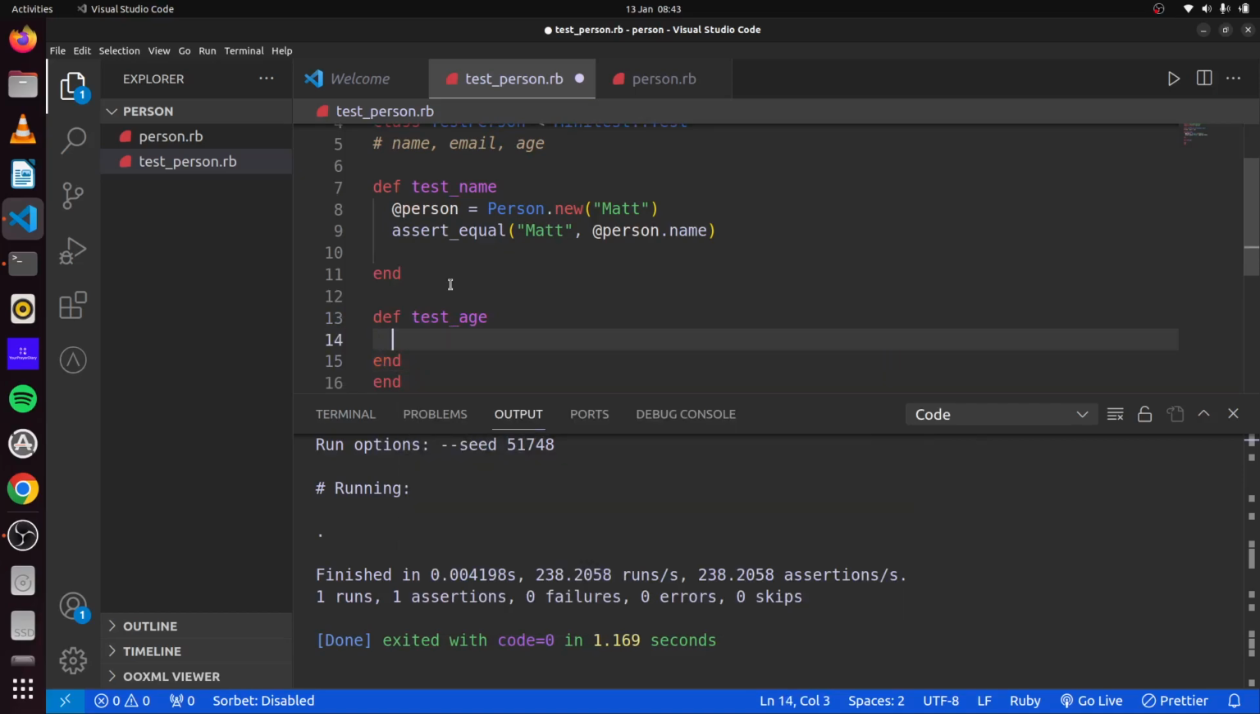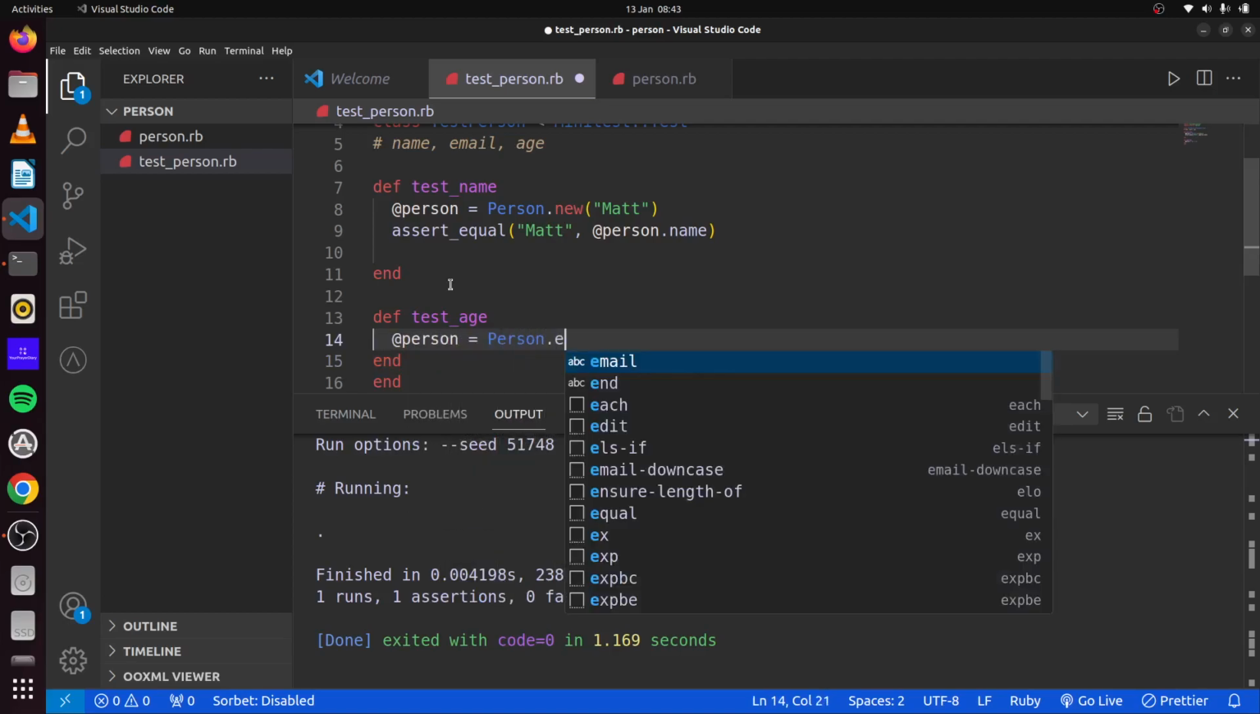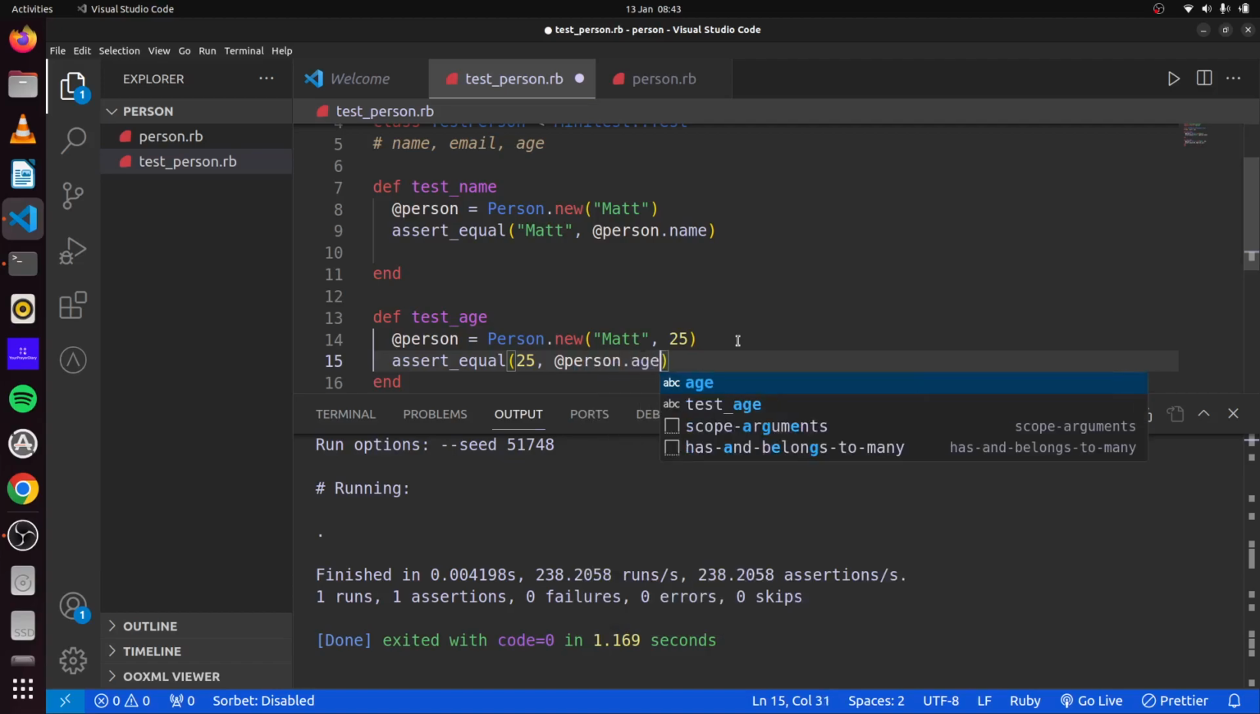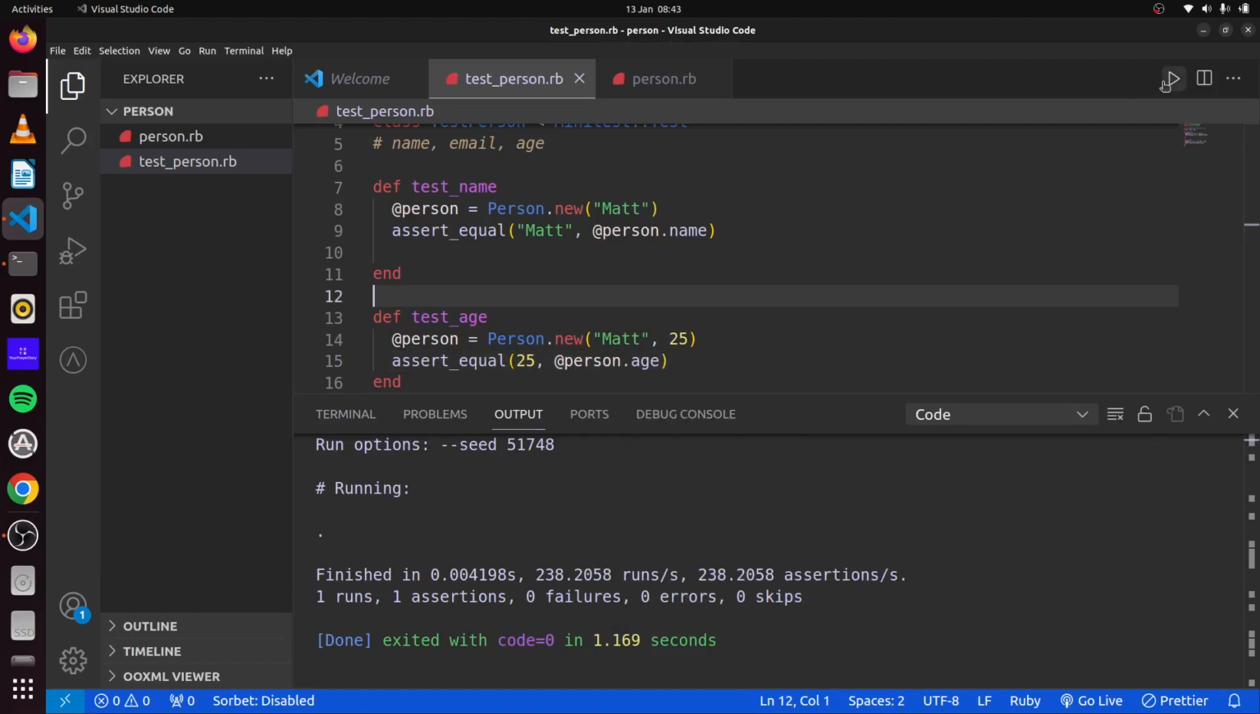And now that we have done that, we can say person is equal to person.new. And we can give it a name here, and we can specify an age. And then we can say assert equal, and let's say we want our age, we want this to be person.age. So if we save this and we run this,